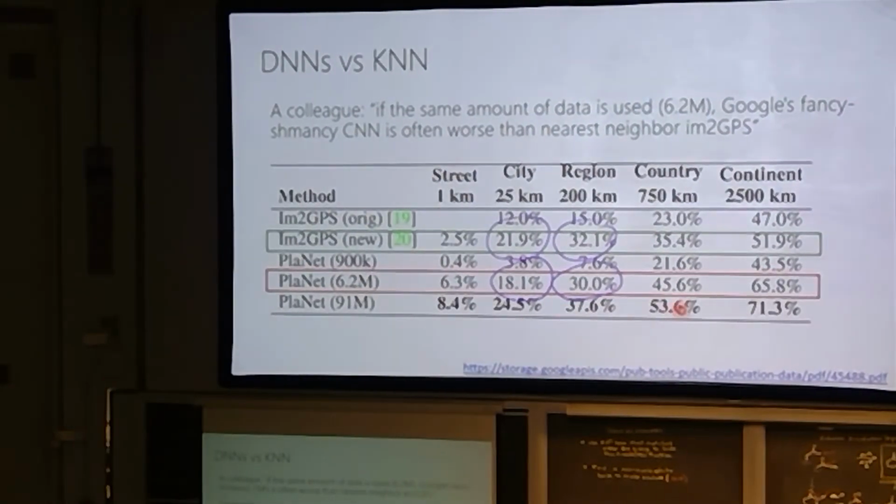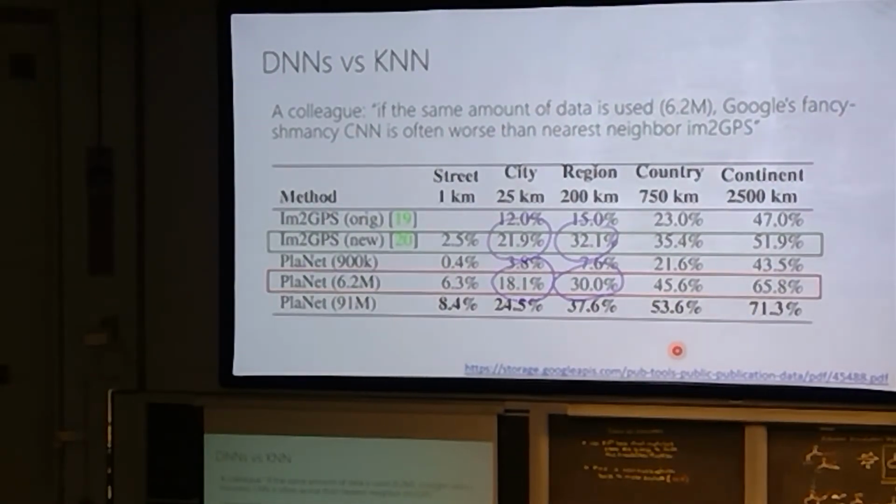And so anyway, this is kind of a fun slide in the current hyped up world of neural networks. One of my colleagues pointed me to this paper. I don't know when it's from, but I think it's not that long. He said you have to make sure the same amount of training data is used, which is 6.2 million things. And he said Google's fancy CNN is often worse than nearest neighbor, which here is